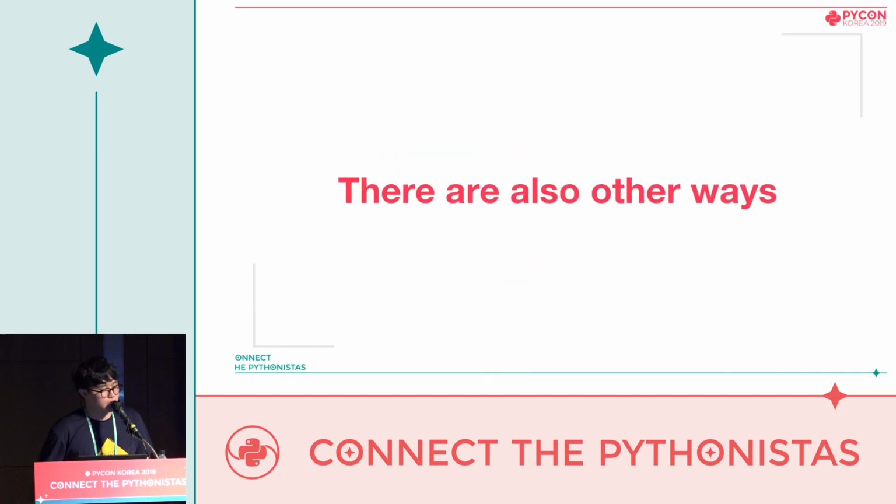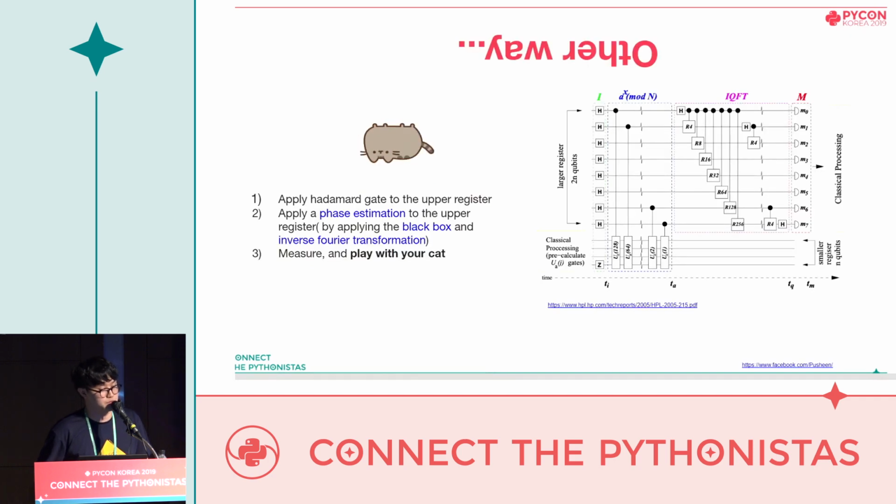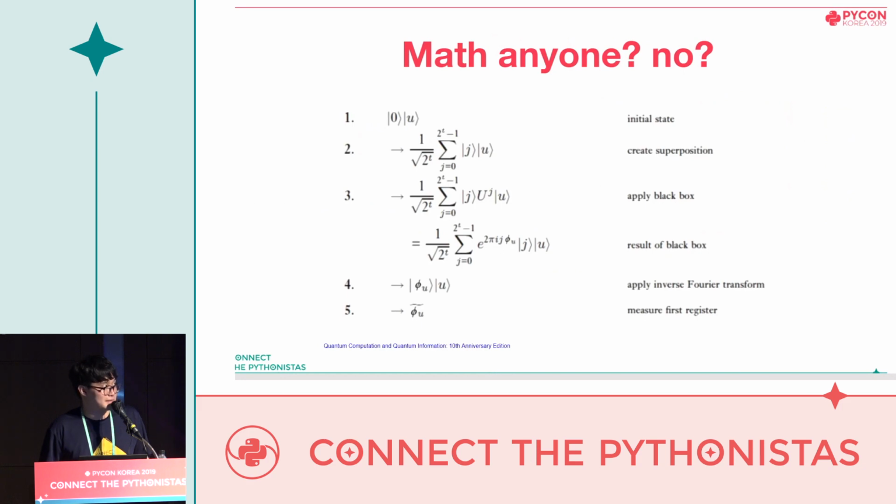But there are also other ways to find the period. And that is to use the inverse quantum Fourier transformation instead of the quantum Fourier transformation. This algorithm uses phase estimation to estimate the phase of an eigenvalue of an eigenvector in a unitary gate applied on a lower register, which then lets us find the period using the phase value. This quantum circuit is easier to build using gates supported by IBM Q Experience. However, it requires more complicated math. This picture in the slide shows how the quantum state develops to get the phase value.